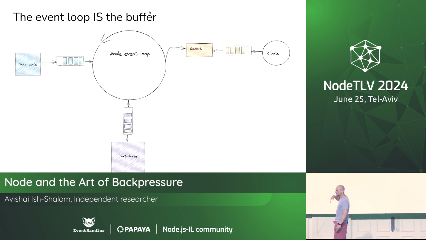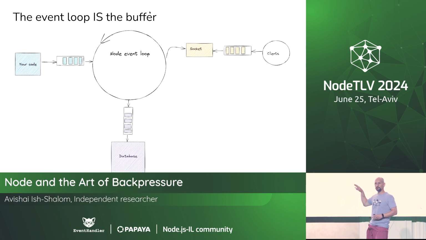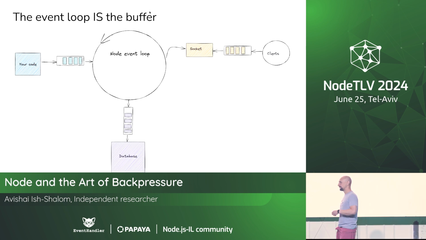And I explained everything about how the event loop works with the different processing phases and all that stuff. But just to give you the highlight, the event loop basically iterates between different execution phases, and in each execution phase, it takes some callback to run from a queue, from a buffer. And each phase has its own buffer, and the tasks that it takes from that buffer, that's known as a